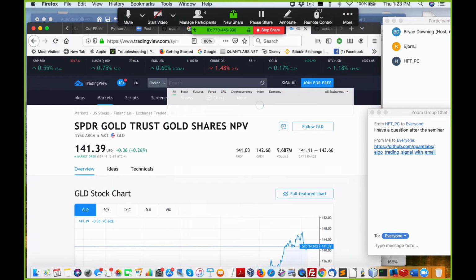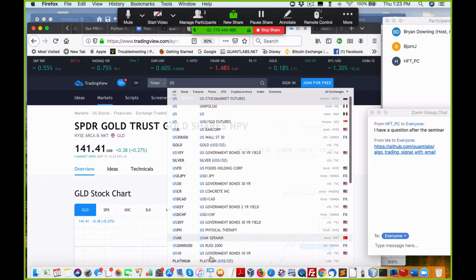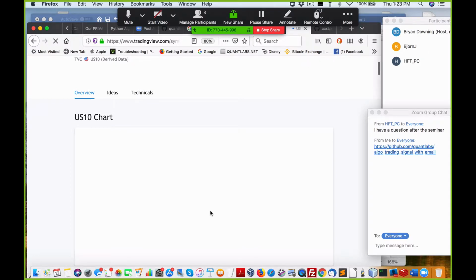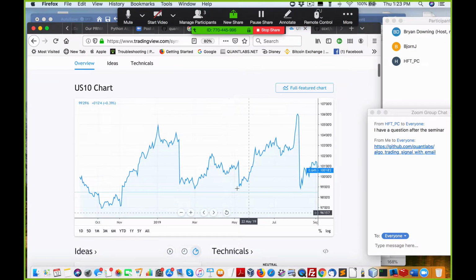Yeah. Like if you looked at the U.S. 10 year, this is another gimme. This trade here, see here, between May and June. But if you could find an ETF or something that you could trade, these little patterns mean a lot. And part of what I do is I have